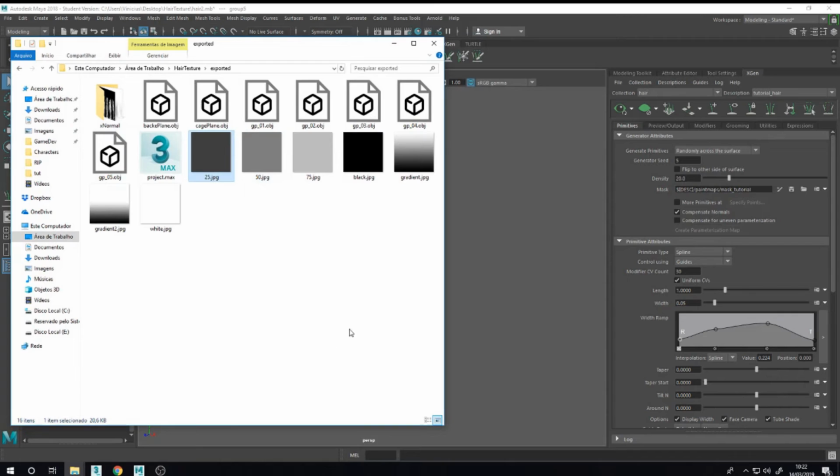And you have to create in Paint or Photoshop the textures with 25 black, 15, 17.5 black, a gradient in the middle, and white.